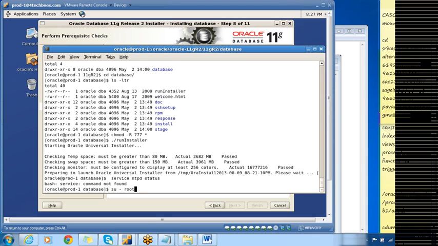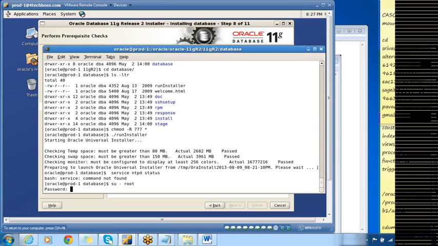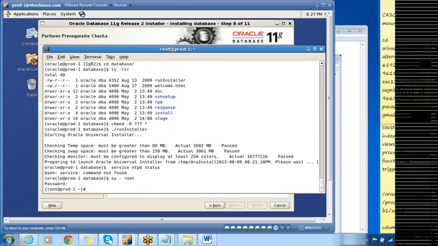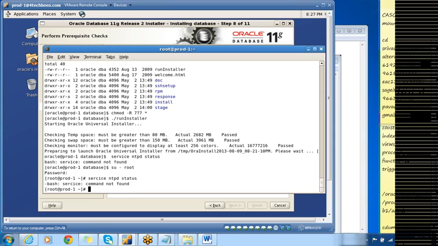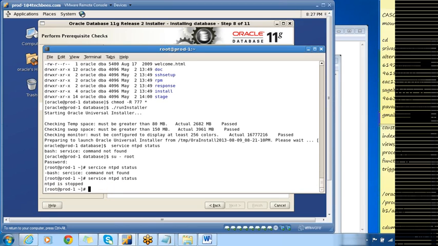So let me log in as root here and let me check service ntpd status. You can see NTPD stopped, and that is the reason why I got the prerequisite failure there.